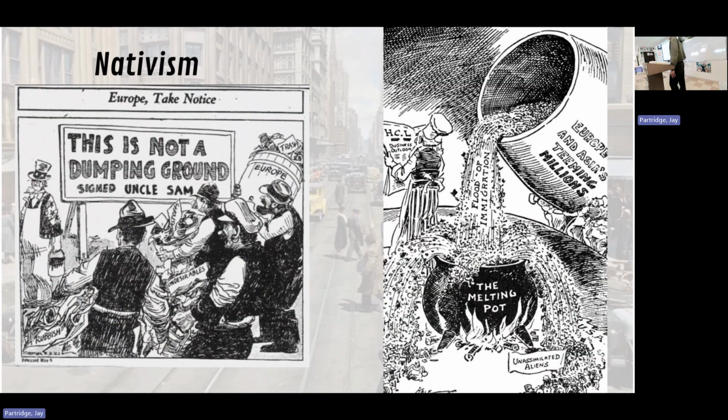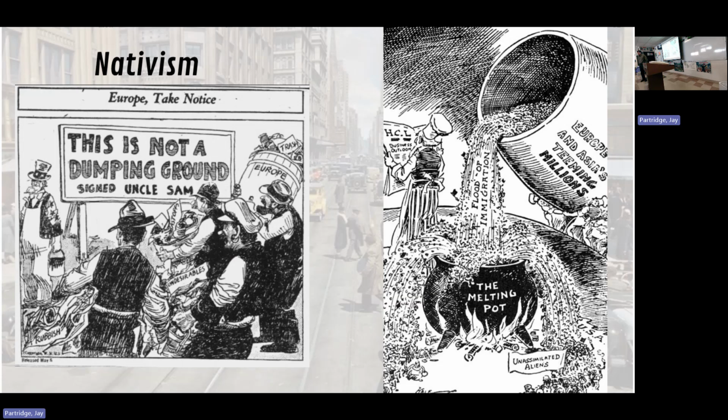No coincidence. Racism, fear of outsiders, fear of radicals will lead to intense nativism. Intense nativism. And this had triggered before, we had talked about this, but it really hit after the war. These radical outsiders combined with fear of internal migrants. This is not a dumping ground, implying all the undesirables are coming from other countries. But you have to be clear about it. Most immigrants coming to the United States had to leave. They were desperate and poor and had to make a really, really difficult, hard decision.